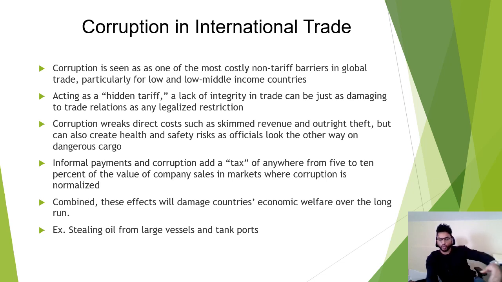Because he knew the guys at the port that were doing this corruption type thing, right? So they were stealing oil from these things. And when you're doing the bill of lading and all that stuff, if you're missing maybe 100 pounds, 200 pounds, 500 pounds, it's not that big of an issue. But these are guys that would do that, and they would then sell this corrupted oil into the